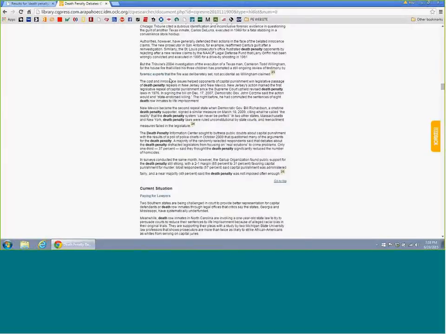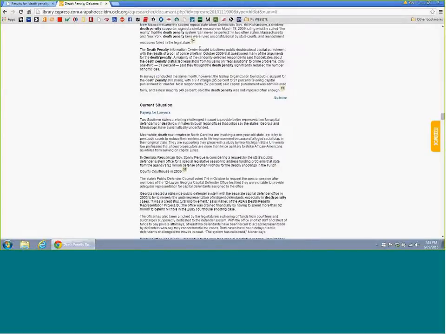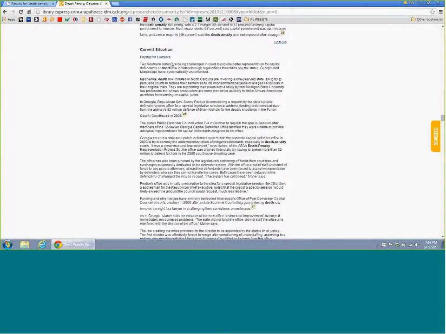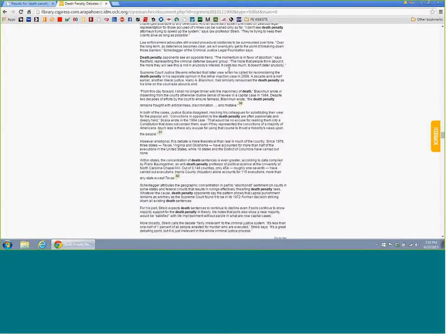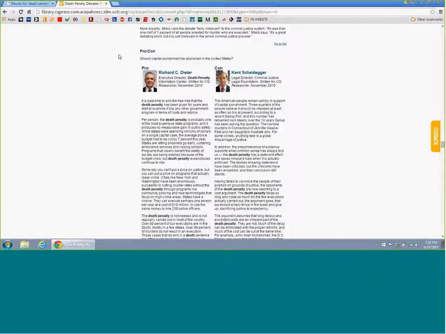You get some background information, an overview and kind of history of the topic, and then a little bit of the current situation on it, the future outlook, and then this I really like here. These pro-con sections are going to really help you out if you're writing about something that needs to show